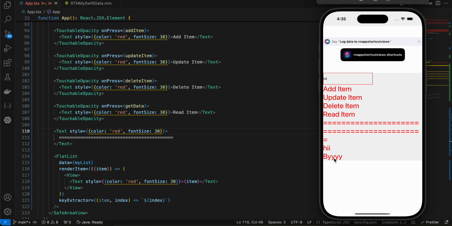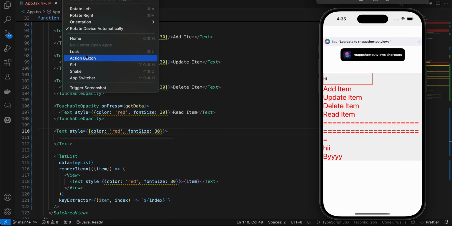You can do this via Siri as well, but given that I'm on a simulator, Siri does not behave properly. You can check it on a real device, but anyways I will just show it to you. I am not sure whether this will work on the simulator, but it will work fine on a real device. So I'll just click on Siri,